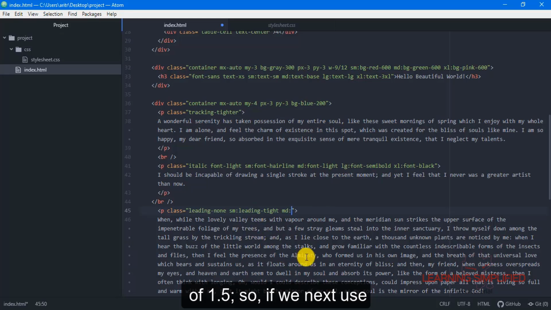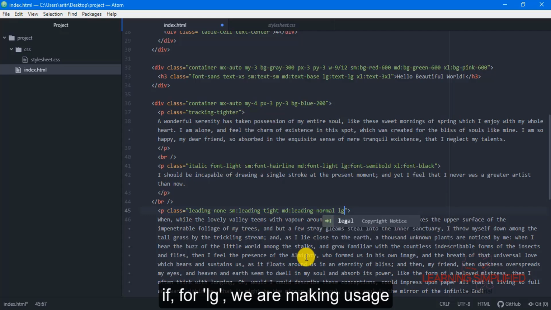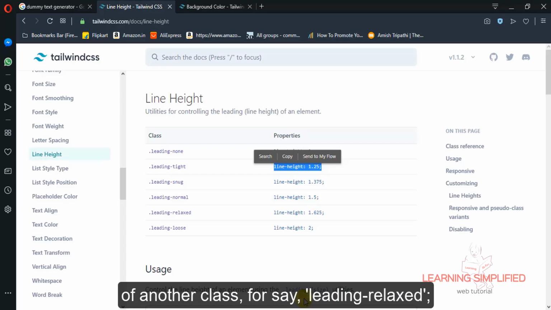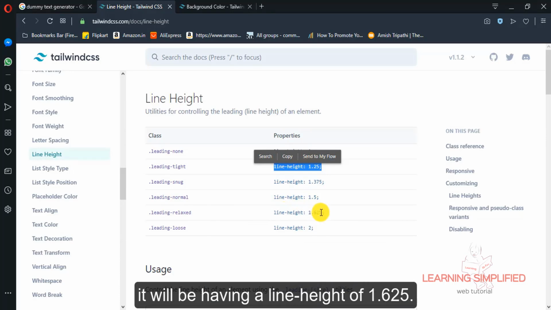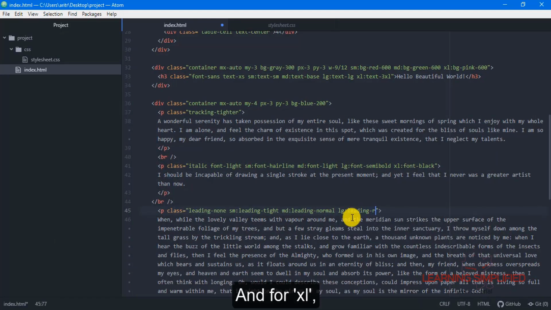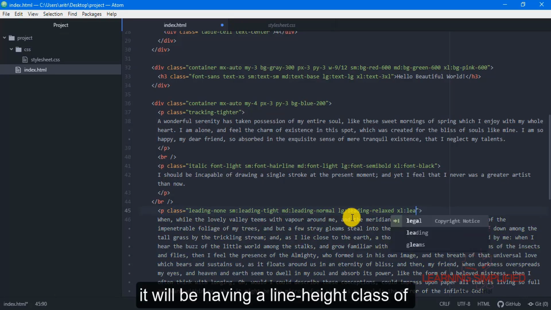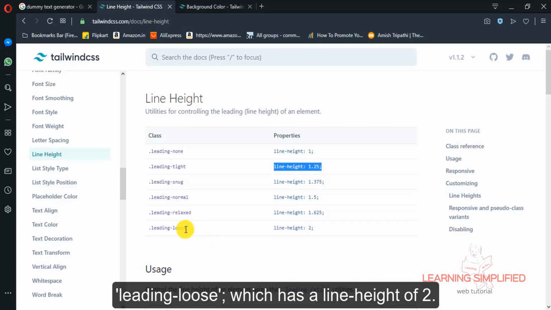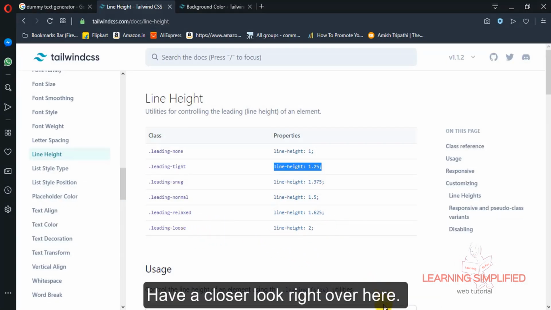So if we make use of this leading normal, then for LG we are making usage of another class, say leading relaxed, which will have a line height of 1.625, and for XL it will have a line height class of leading loose, which has a line height of 2. Have a closer look right over here.